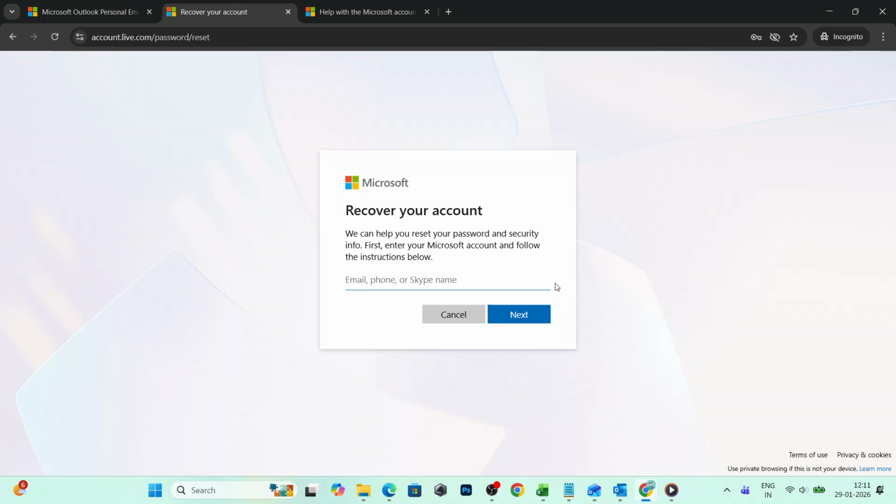If you don't see it, check your junk or spam folder. Copy the code exactly as shown, return to the recovery page, and enter it. From there, follow the prompts to reset your password and unlock your account. Take your time with each step and make sure you are on Microsoft's official website before entering any information. If the code doesn't arrive right away, wait a moment and refresh your inbox, as these messages can take a